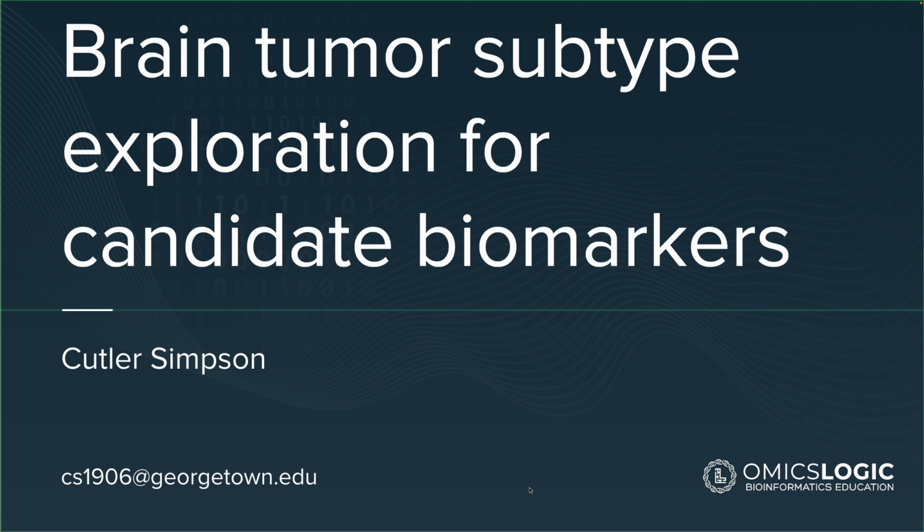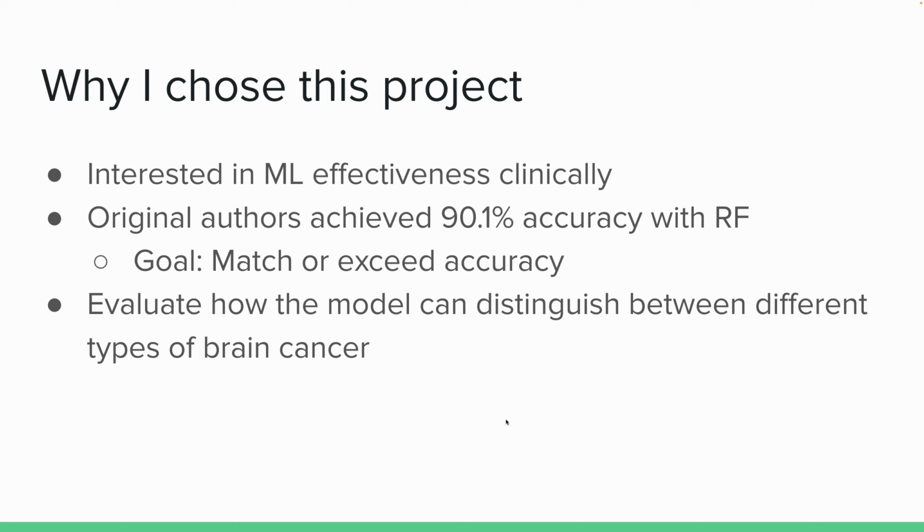This is my project for the machine learning course at Georgetown, and I'm talking about brain tumor subtype exploration for candidate biomarkers. I chose this project because I'm interested in the use of machine learning effectiveness clinically. In this original research project specifically, the authors achieved a 90.1% accuracy with a random forest model of categorizing 5 different brain cancer subtypes. And my goal is to match or exceed that accuracy and evaluate how the model can